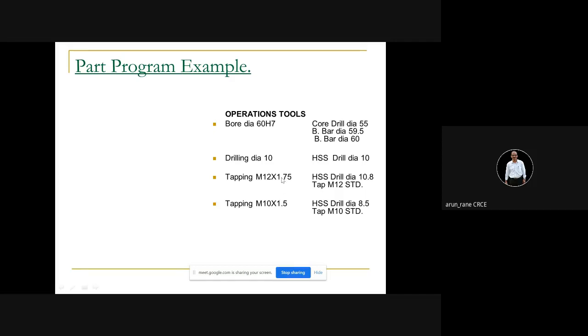But if I use 10.25, my experience says that the thread will be very hard, so I oversize the hole. That's why here the drill diameter is 10.8, which is given. But you can very well use this rule, 12 minus 1.75, so the drill size will be 10.25. Here, M10 by 1.5, the drill size will be 10 minus 1.5, so that will be 8.5. Here it is correct.